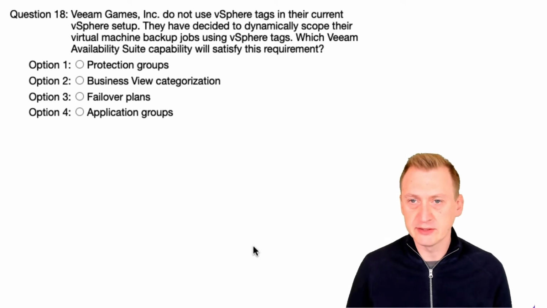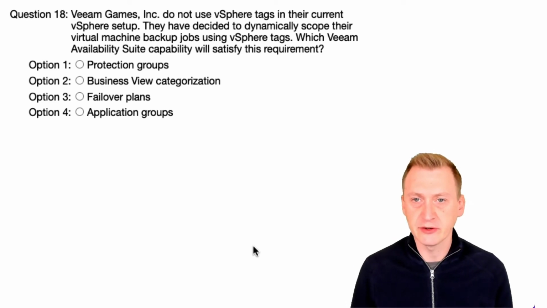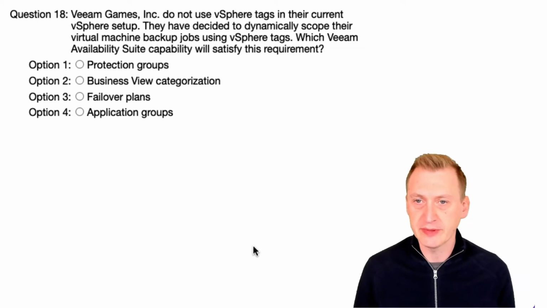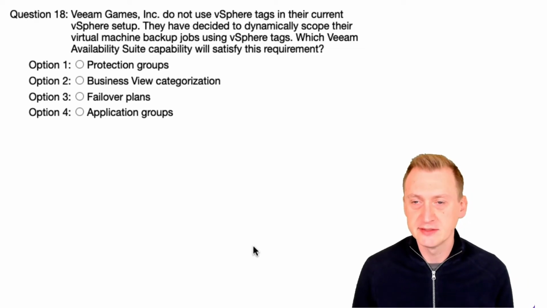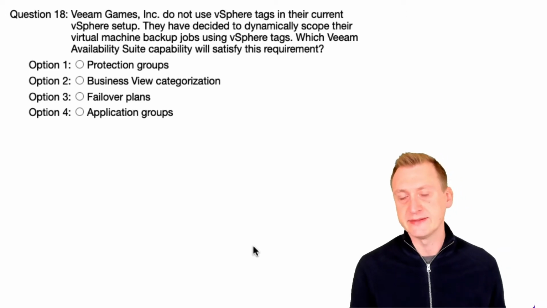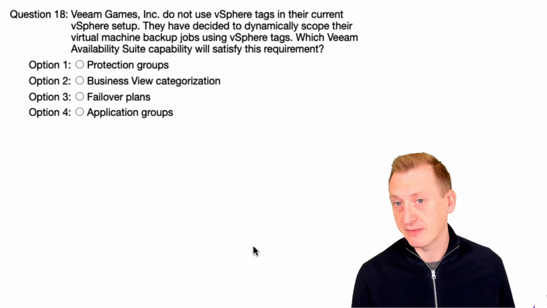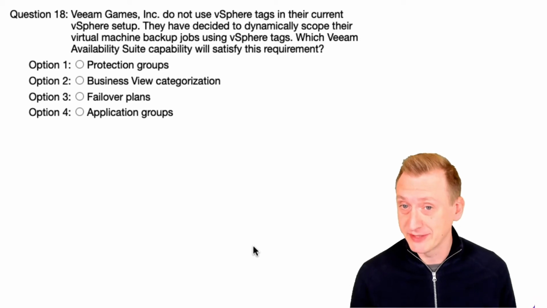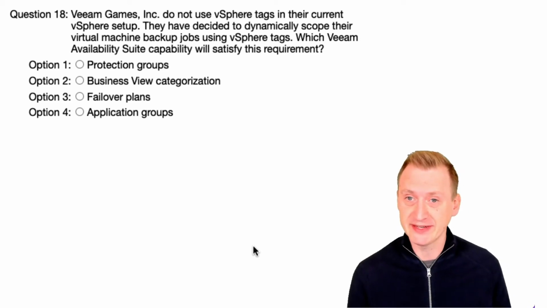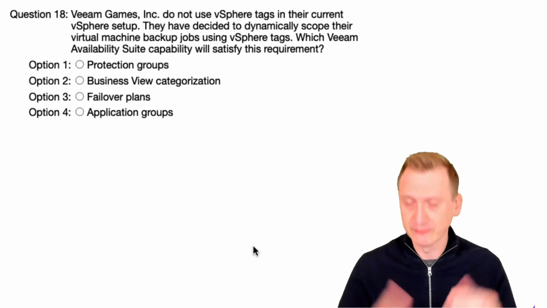Veeam Games Inc. do not use vSphere tags in their current vSphere setup. They have decided to dynamically scope their virtual machine backup jobs using vSphere tags, which Veeam Availability Suite capability will satisfy this requirement. So this is interesting, right? Because technically, backend replication will be doing the backups using vSphere tags,